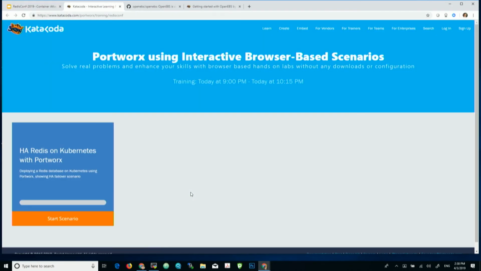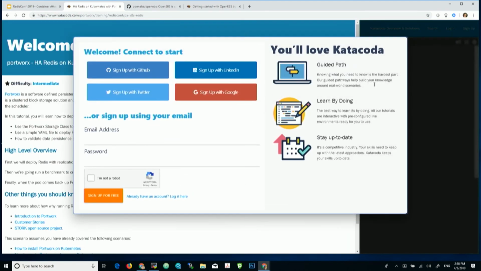So what I'm going to walk you guys through, and you're welcome to follow along for this session or later on today, is how to do HA Redis using a cloud-native storage solution. So one of the first things we're going to do is